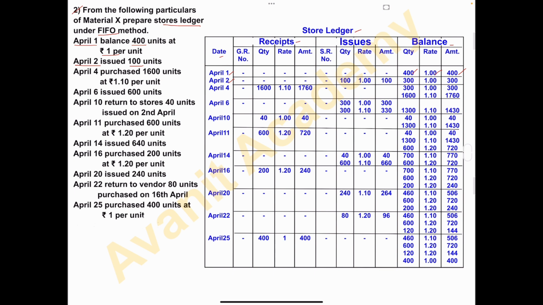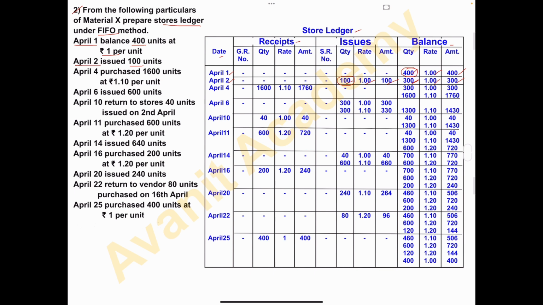In issues column, right? We have to issue 100. Write here 100 units. So rate, see the balance, in balance. The rate is rupee 1. In issues, write rate rupee 1, and amount will be 100 rupees. It's from this 400 minus the number of units issued, that is 100, and the remaining balance you have to write in balance column, quantity 300 units, and the rate will be the same, rupee 1, and the amount is